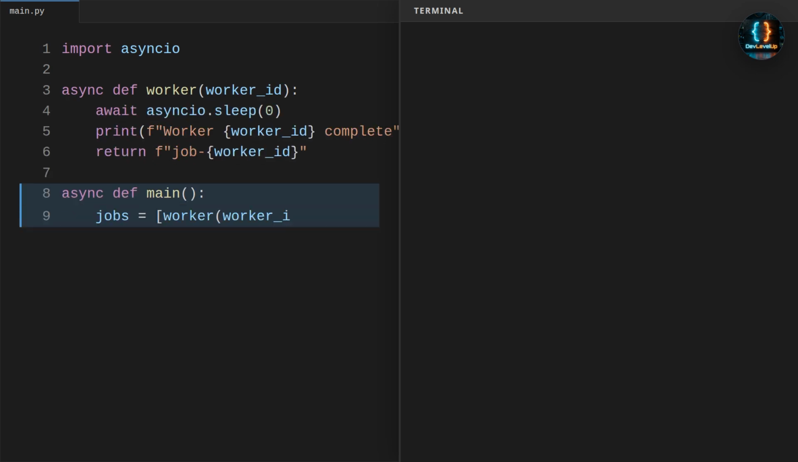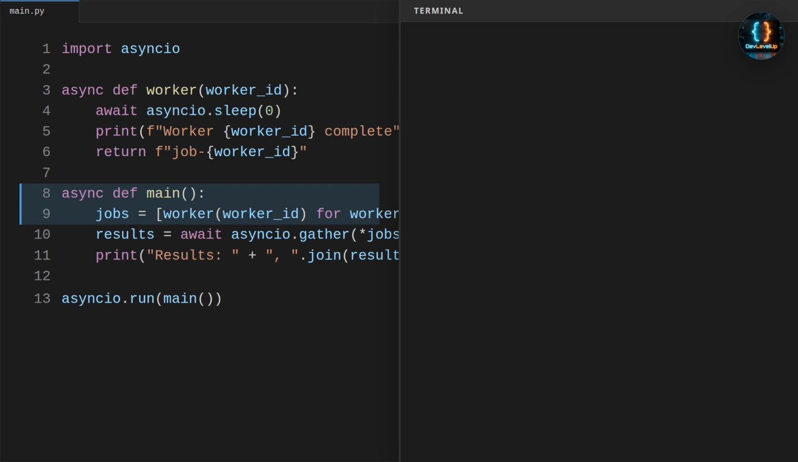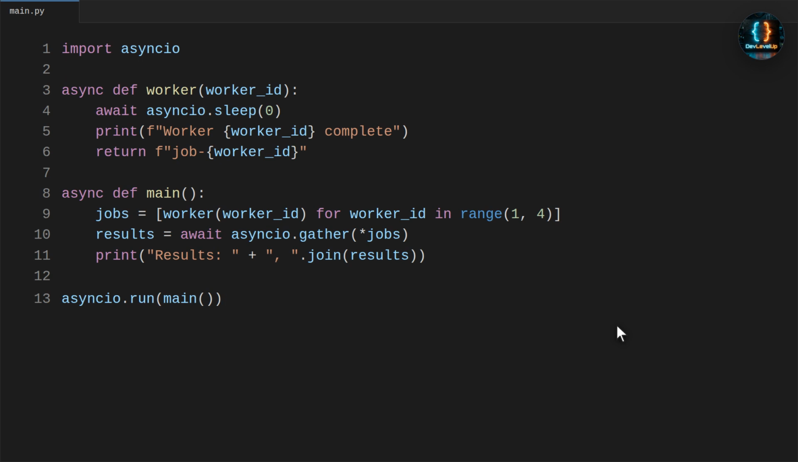Now we pass the worker coroutines to asyncio.gather. Gather schedules them, waits for every worker to finish, and gives us their results. We run the fixed batch and every worker completes. Here's the best rule. Every coroutine